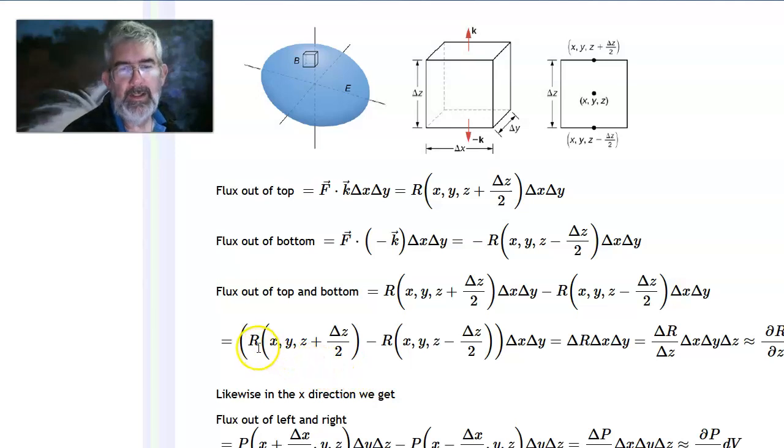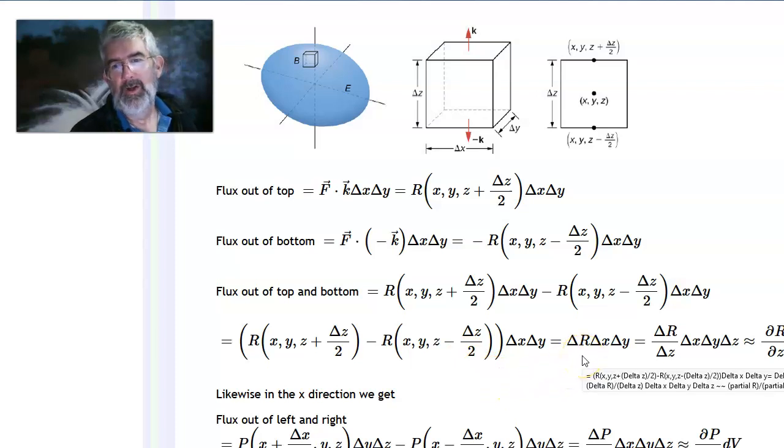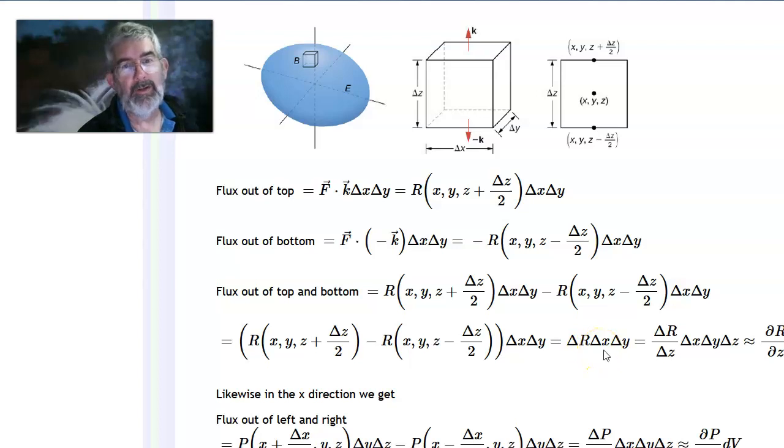But r of this thing minus r of that thing is just the change in r from the bottom to the top, right? So I'm going to call that delta r. So the flux, adding top and bottom, is the change in the r value times the area, delta x delta y. But notice if I divide by delta z and multiply by delta z,